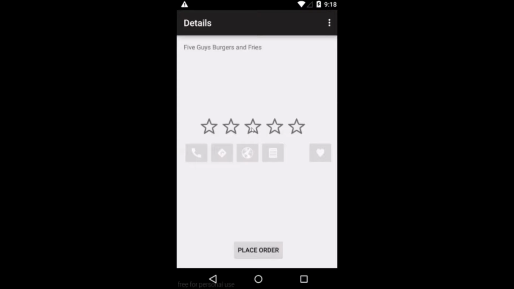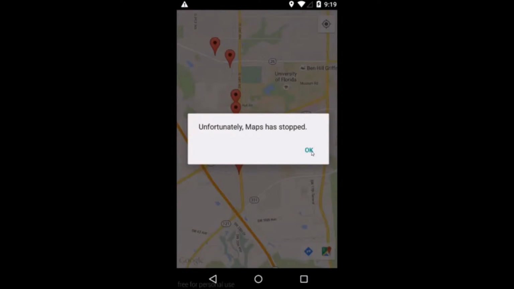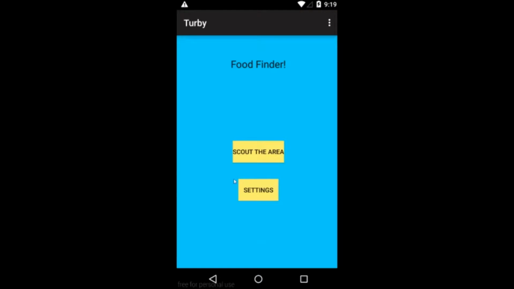The directions button, for whatever reason, does not work on desktop simulations. It has been tested on phone devices, and it does work. So I'm not really concerned about that. You could go here and it'll tell you the maps have stopped working, and it doesn't work unless you're on a cell phone. I really couldn't figure out why that was, but as long as it works on its intended system, it's not really a problem. So, anyways, let's go back to